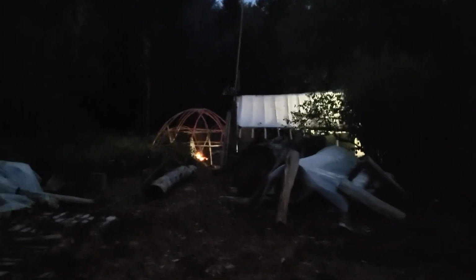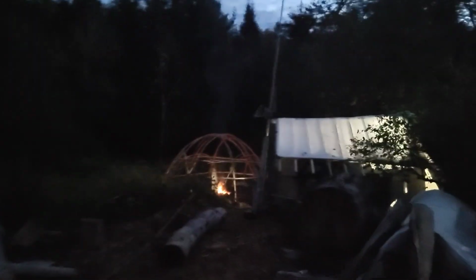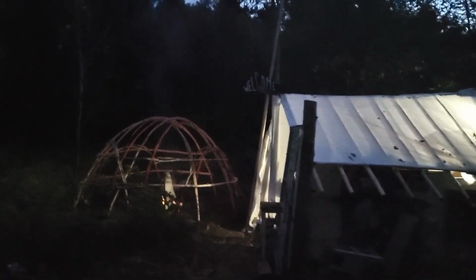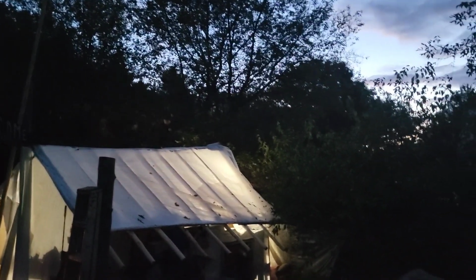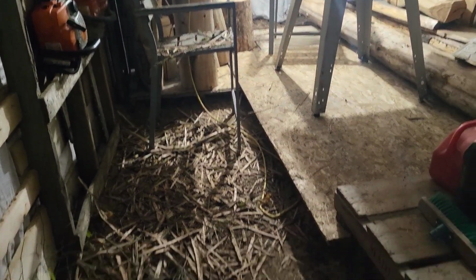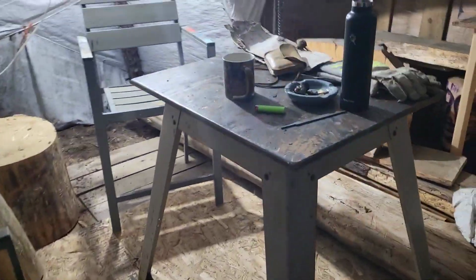Anyway, I just wanted to get a bit of footage this morning because it's so beautiful with the fire, and the east is that way and the sun's coming up. So it's a beautiful morning. I'm coming out early. I'm out here every day, super early, getting stuff done. I've got bark all over the place right now from peeling the...